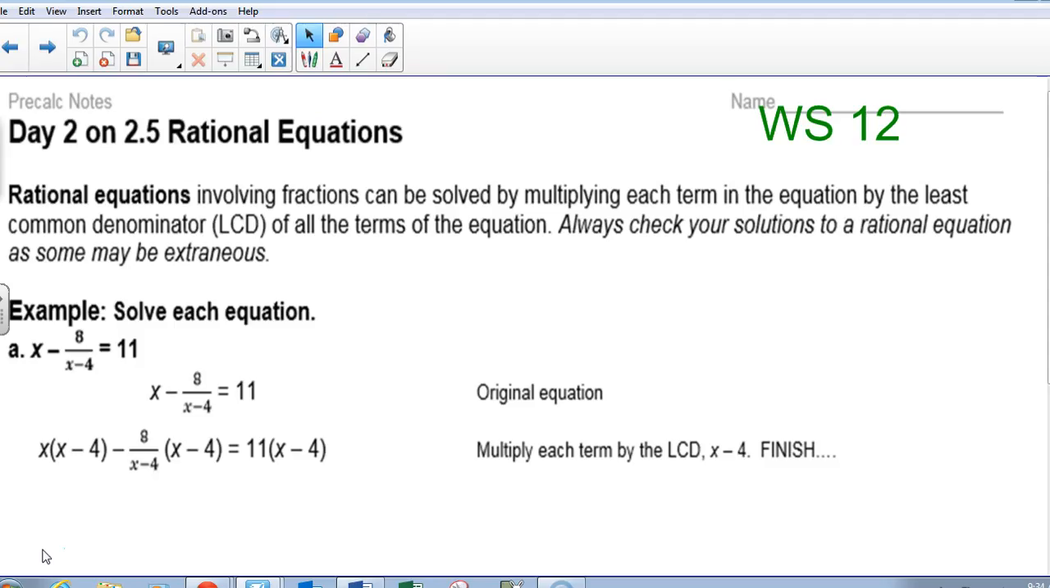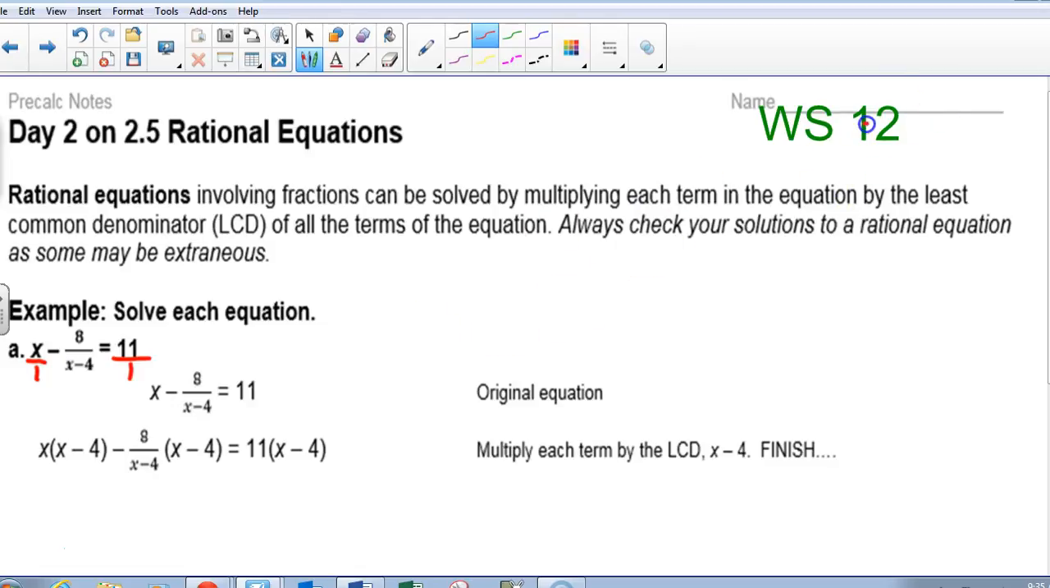That's the plan. So the notes worksheet, the first example has x over 1 minus 8 divided by x minus 4 equals 11, which would just be 11 over 1. So the only denominator besides 1 is x minus 4. So if we multiply by x minus 4,